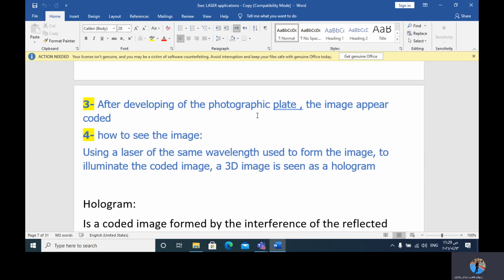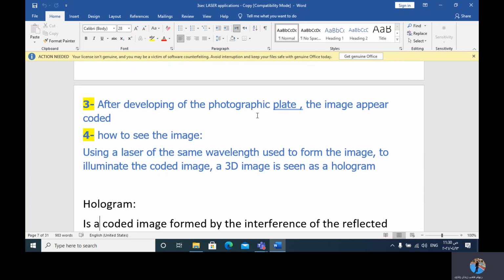that I used earlier to form the image in the first place. So I will use the laser that will provide the same wavelength of rays to shine or to illuminate the image on the photographic plate. Now the image is coded, it is not a clear image like the image that we see on a normal photographic plate. It is coded, which means it is not ready to be seen. But once I illuminate it, when I shine light on it, the coded image will have a three-dimension image seen